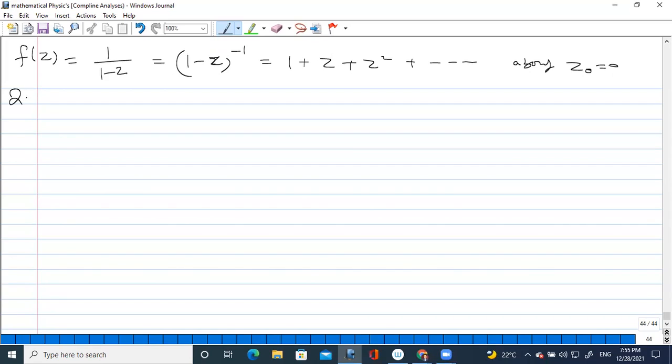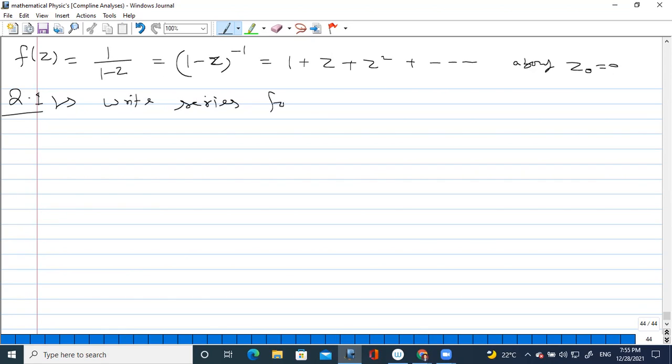So my question is, if the point is other than z equals 0, then you have to find out the series. For that also we have to learn the method of how to find it. Suppose this is the question,